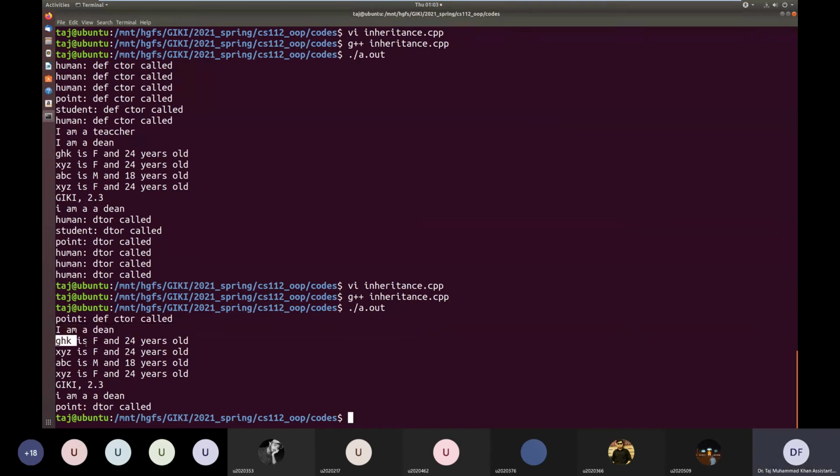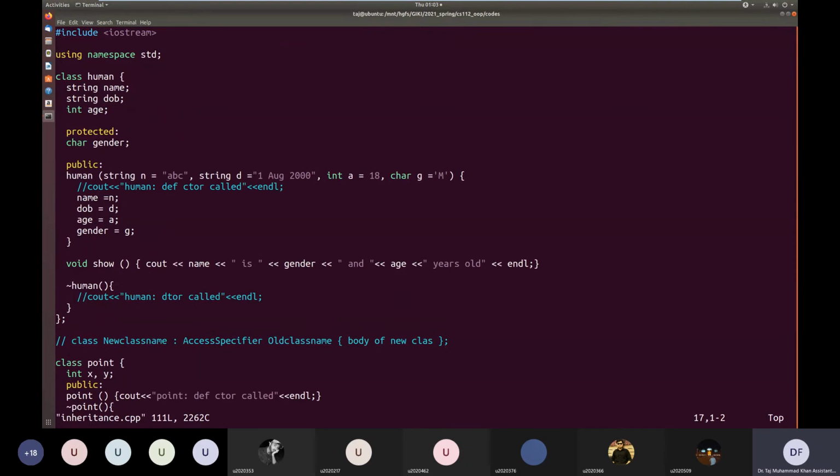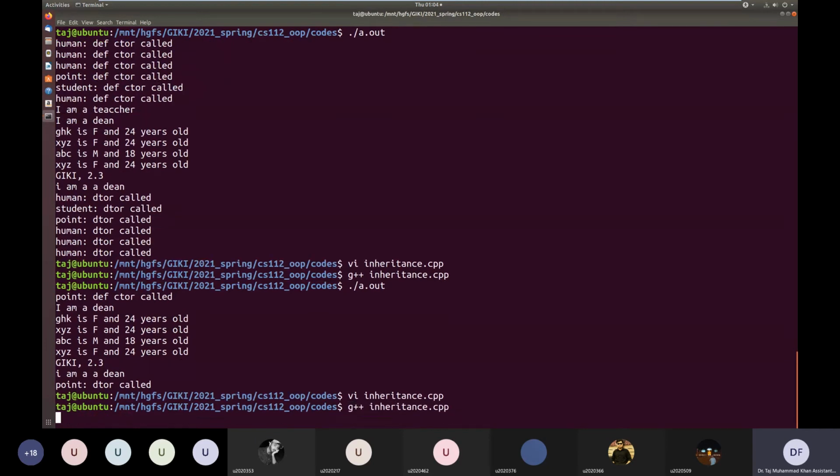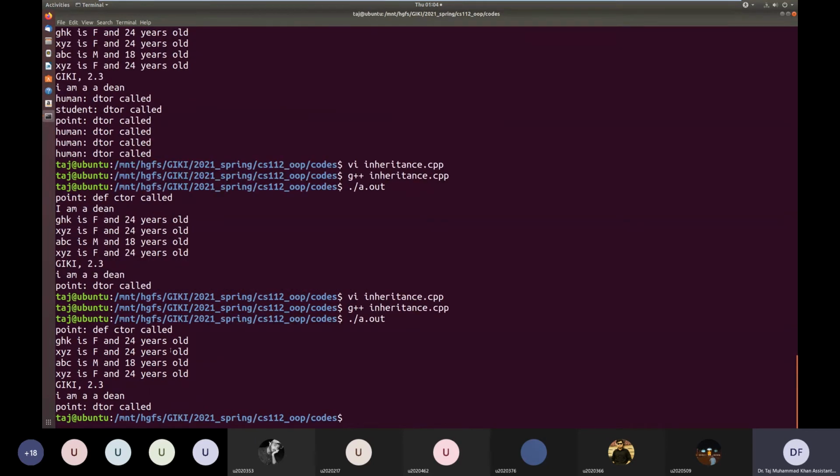I think I'll remove that I am a Dean also. Okay. So first is the show function for the human object called by HP1. Let me open this.